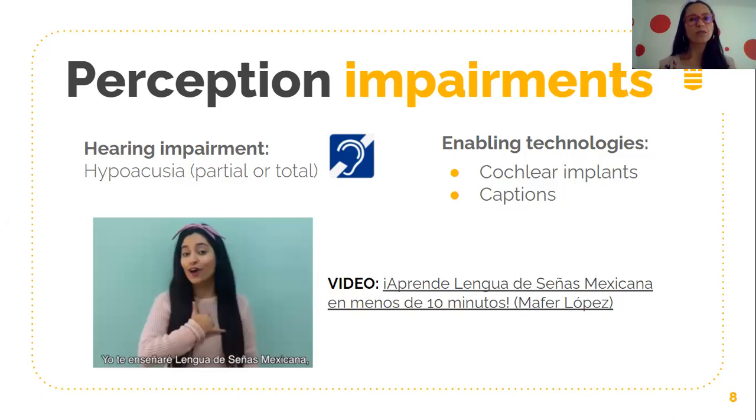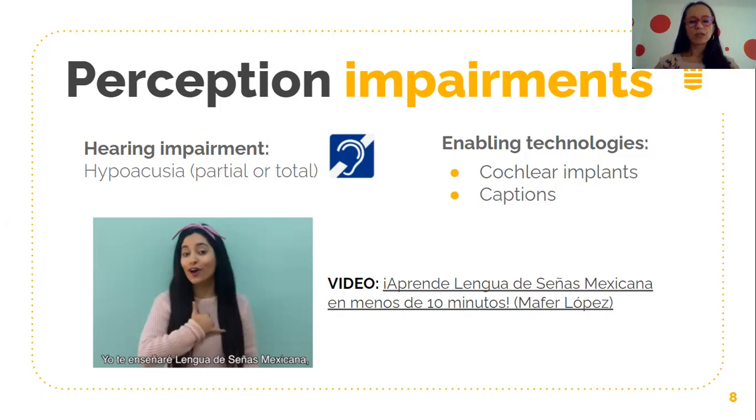But for someone who is deaf, unless you know sign language, it's going to be very difficult to communicate with them. So that causes social isolation of people with this disability from the rest of society, because between them, of course, they can communicate without any problem, as long as they speak the same sign language, because sign languages are not universal. There is not a universal sign language, but sign languages vary from country to country, and sometimes even from region to region.